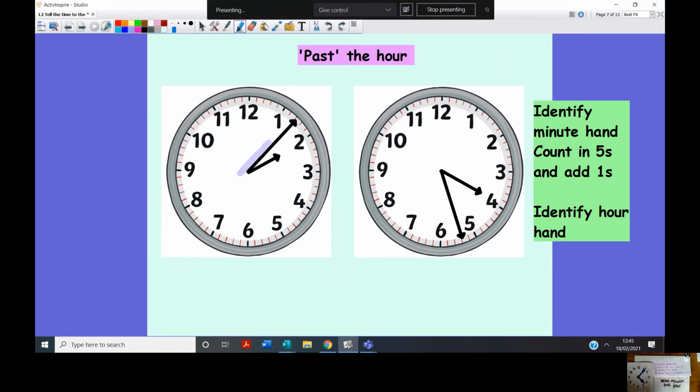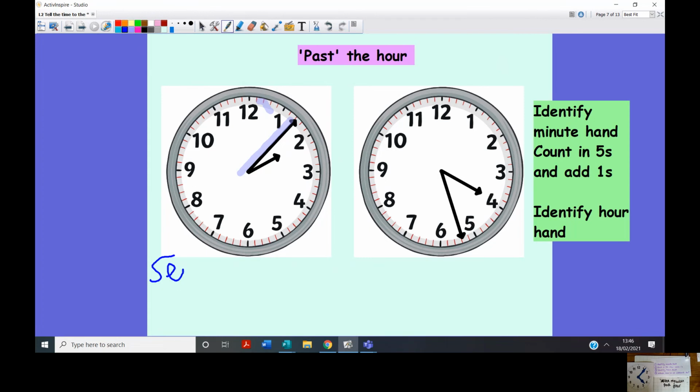So we're going to identify the minute hand. Here is my minute hand. And where is it? It's just past the 1. So let's count on in fives. 5, and then we go to our ones. 1, 5, 6, 7. You could, if you were really unsure about counting in your fives, which we should all be comfortable with, just go 1, 2, 3, 4, 5, 6, 7. So we know one part of our answer is 7